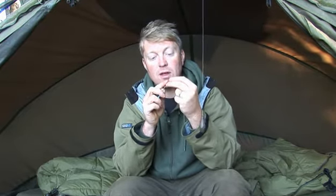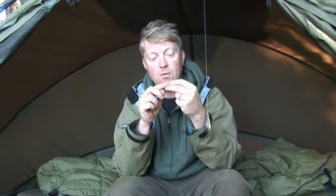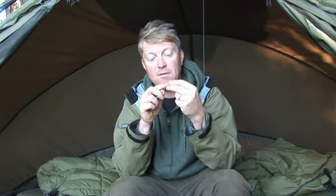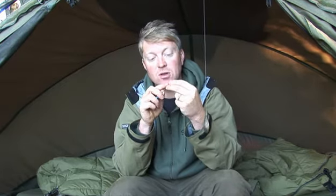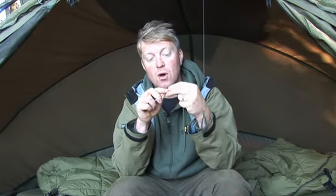So all you do is tuck that, push it back into the hole, and once that's been out in the lake for an hour, that hole will close up as good as, and there's absolutely no sign of a boilie stop. Because in clearer water, where not all carp are what I call lookers,